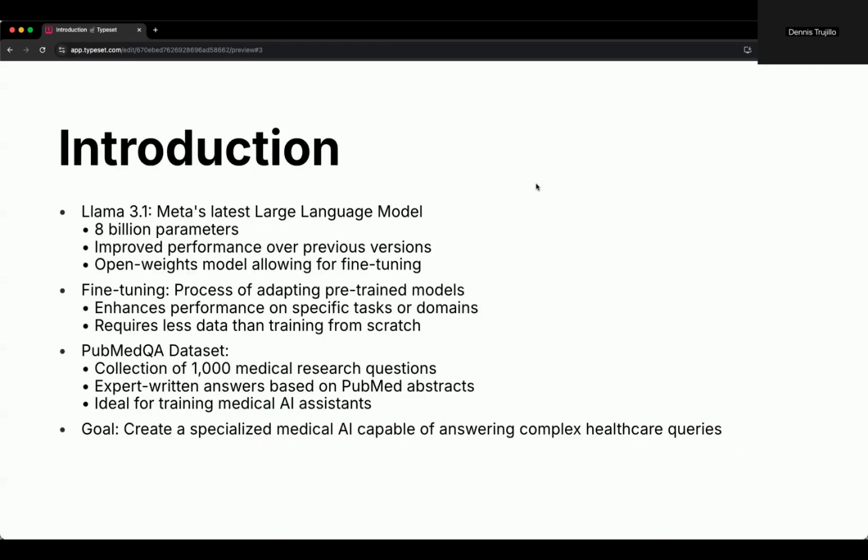For today's seminar, I'm going to go over fine-tuning Llama 3.1, which was previously Meta's largest large language model, with 8 billion parameters. It has improved performance over previous versions. It's an open weights model, which allows for fine-tuning. So this model is accessible to anybody. All you have to do is register to pull the weights, and then you can utilize this model for your